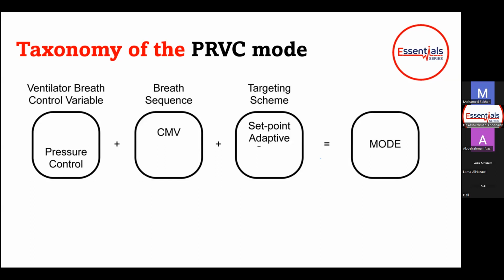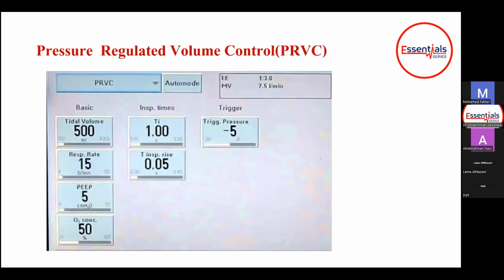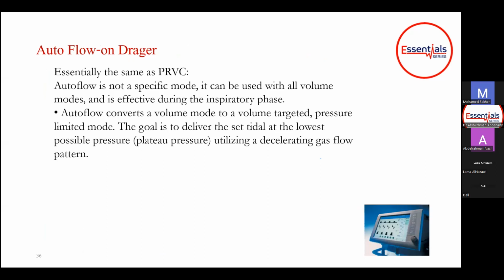It uses an adaptive targeting scheme. This is the PRVC. So PRVC is a specific mode found in Servo-i and Servo-U Getinge ventilators and found in some CareFusion or GE ventilators. But AutoFlow is not a mode. AutoFlow is rather a feature